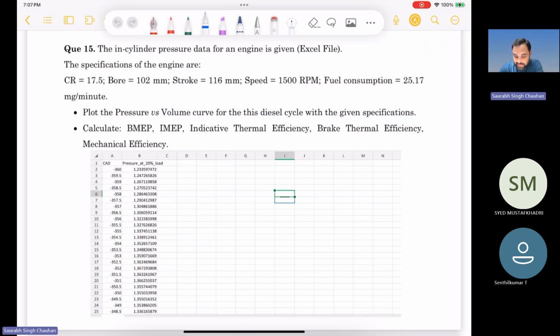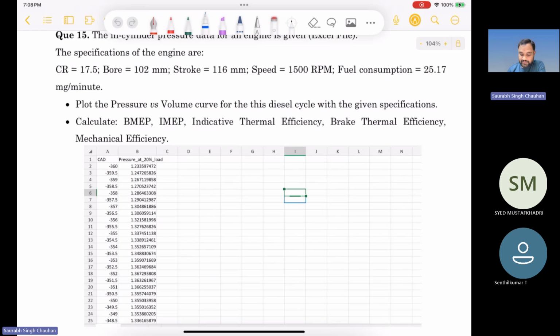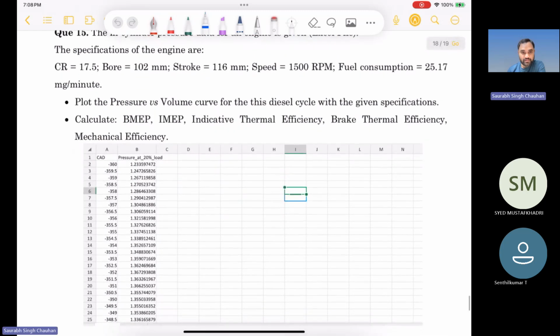So in cylinder pressure data for an engine is given. Actually, I wanted to show you some real data from a real experiment. So I have an Excel file. The in-cylinder pressure data is given in the Excel file. So here you can see a screenshot of that Excel file,